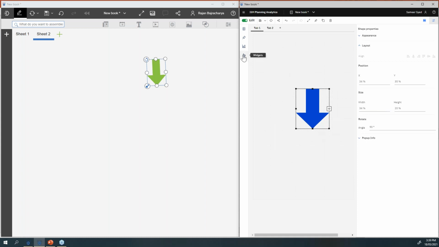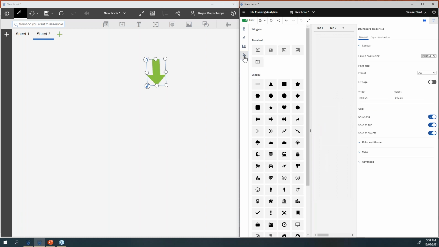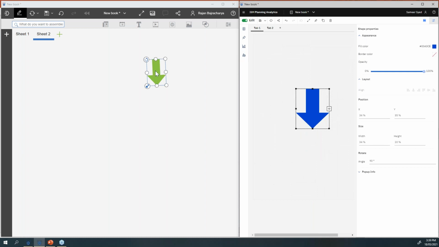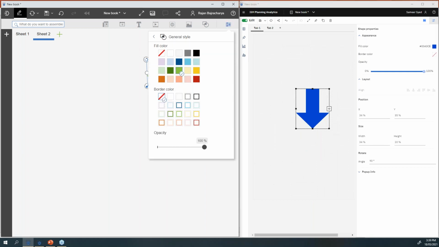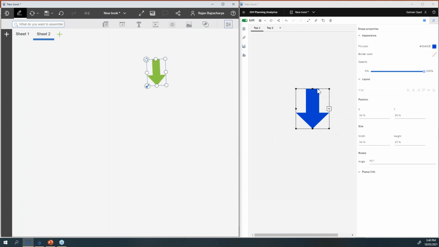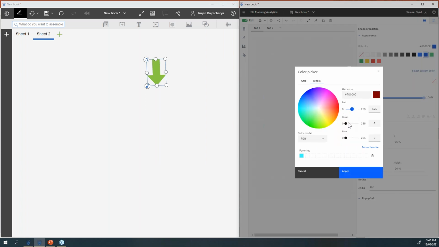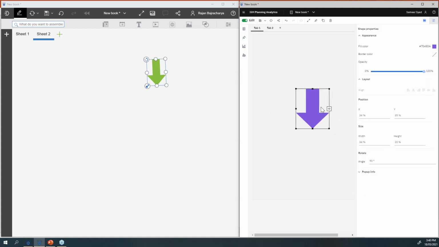And not only that, I think all these widgets that we bring from this left side, we not only get the properties, but we can also change the layout or the colors. Again, the colors which are available in the older version, you can see here, it has got standard colors, about 10 to 15. But when we go to the new version of Planning Analytics Workspace, which is version 63, I can bring in any color. If I go to this view, I can have my own RGB color, apply, and you can see here, bang. So I've got unlimited colors now to play around with, whereas with version 57 and earlier, you don't have that many color options.